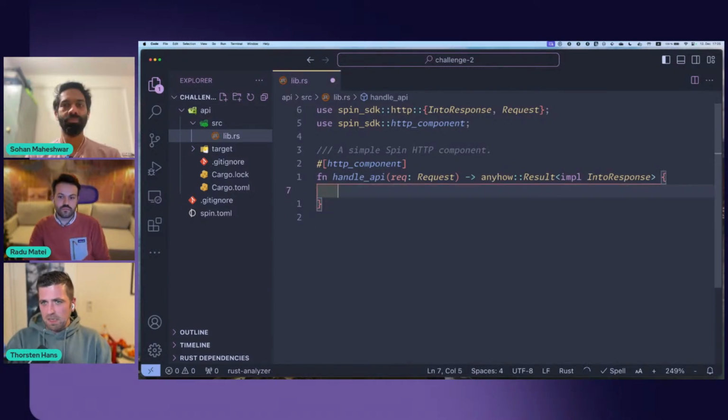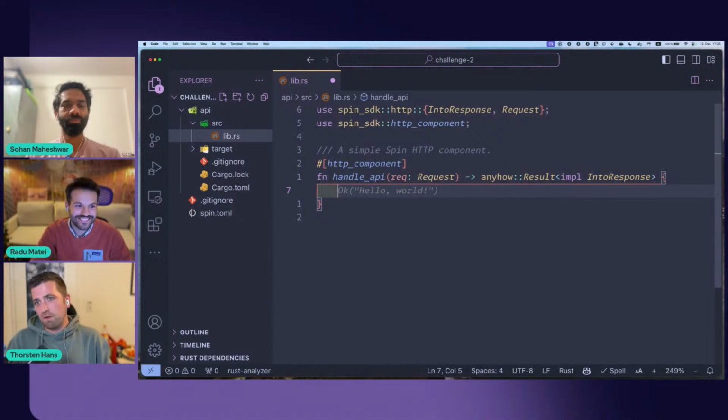That said, the challenge isn't that complicated, so we don't need that many handlers to address all the requirements. However, personally, I really love having that full-fledged router capability baked into Spin.